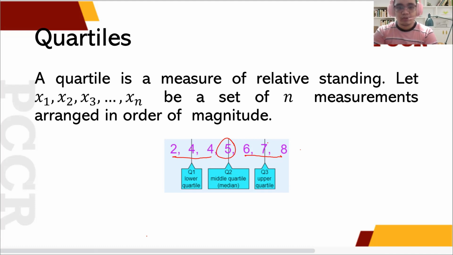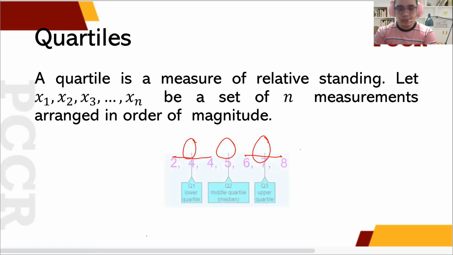But when we talk about quartiles, sa apat natin siya hahatiin. So 4 here will be another quartile and 7 will be another quartile. So meron tayong tatlong quartile. So first quartile, second quartile, and third quartile. So for example,